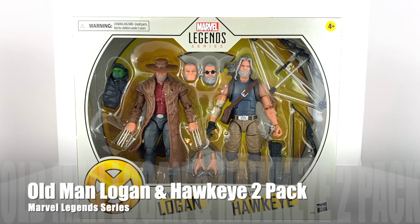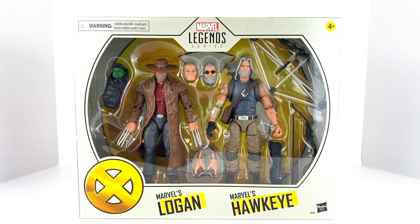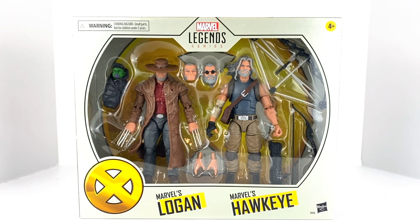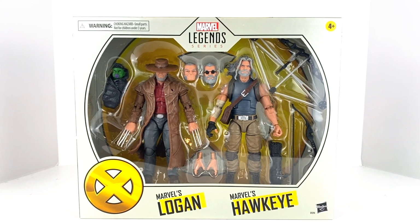Today we have the very anticipated 2-pack of Marvel's Logan and Marvel's Hawkeye. This is the old man version of each one of these figures. They started with a storyline that involved Old Man Logan, and that evolved into an Old Man universe, I guess you could say. Old Man Hawkeye ended up getting his own storyline as well. He was involved in the original storyline with Logan, but actually ended up getting his own comic book as